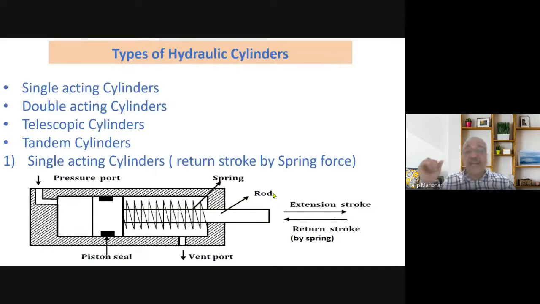So this is the schematic of the actuator. What are the classifications here? What is single acting, double acting, telescopic, and tandem? I've shown here the single acting cylinder by cutaway view. Here there is a spring on the rod side, and this is a pressure port. There is only a vent port; there is no liquid connection here. During the extension stroke, only air is moving here, and the liquid is coming in and pushing the rod. During the return stroke, the spring pushes out. As soon as the spring pushes out, liquid will go back from the same port and the cylinder will retract.